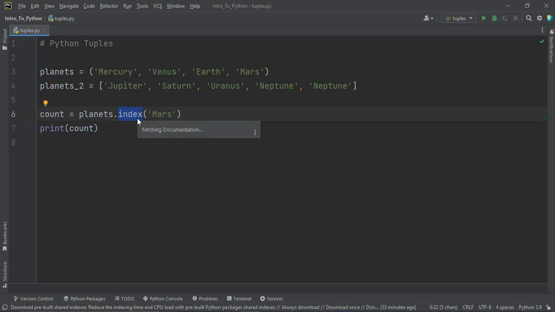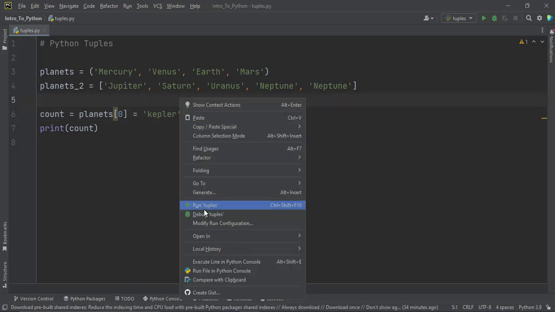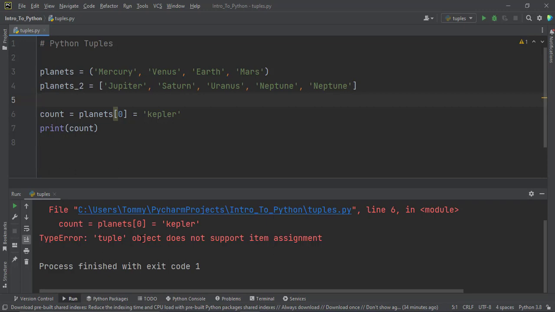So let us see how that one works in code. So let's say that planets, let's say we want to assign a particular element at index 0 in the planet tuple. So we want to change the 0 to be Kepler. And then let's run our code and see. It tells us that the tuple object does not support assignment. So we cannot assign this value here to the 0 element to replace Mercury in a tuple,